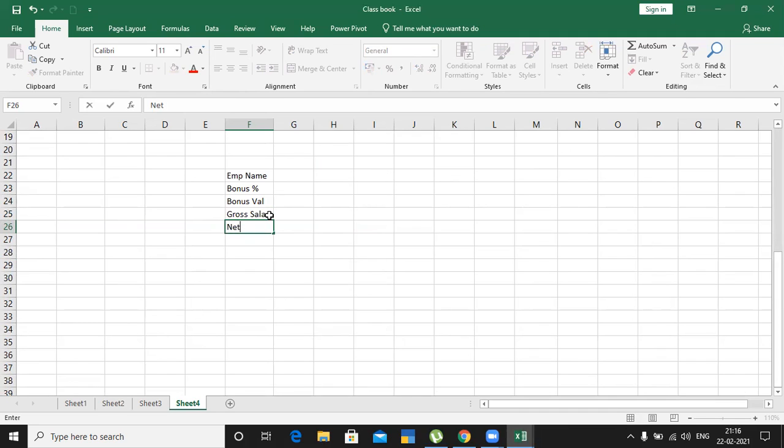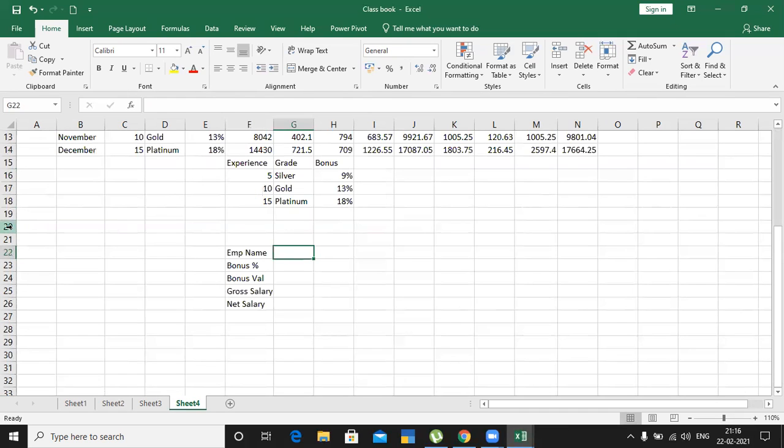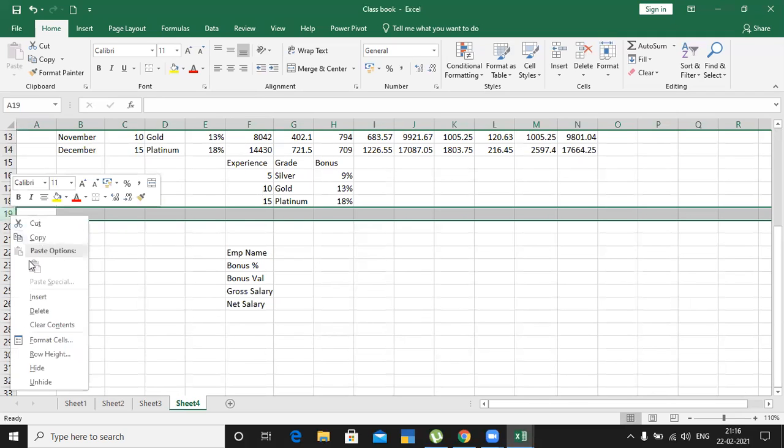Now if I type employee name, the rest of the data has to be visible, directly generated. So what can we do in this area, any idea?